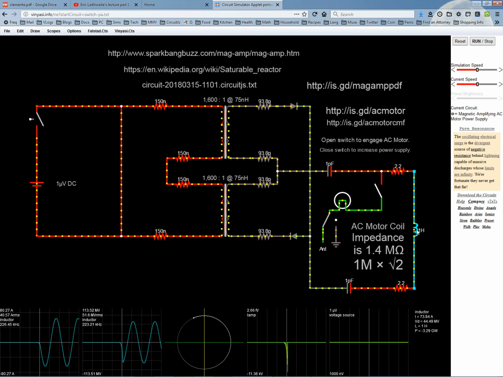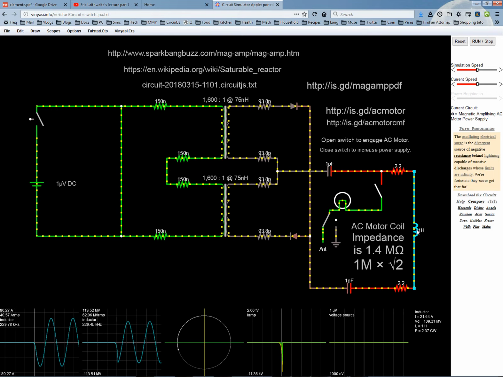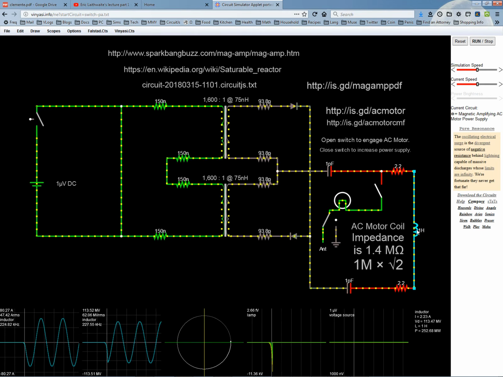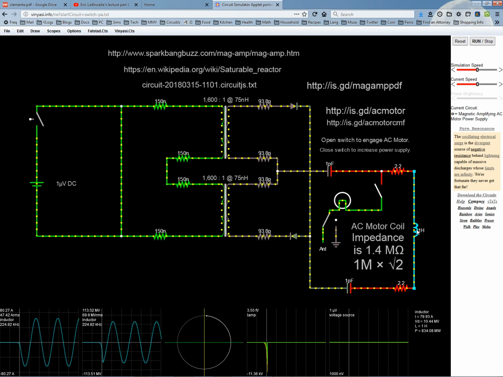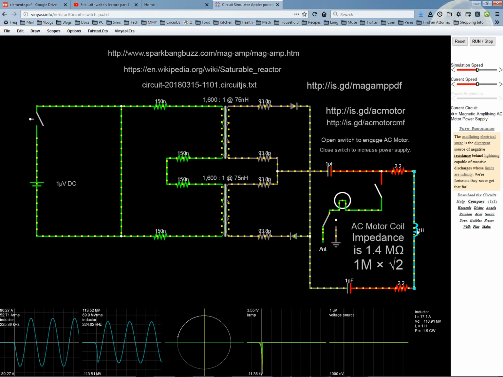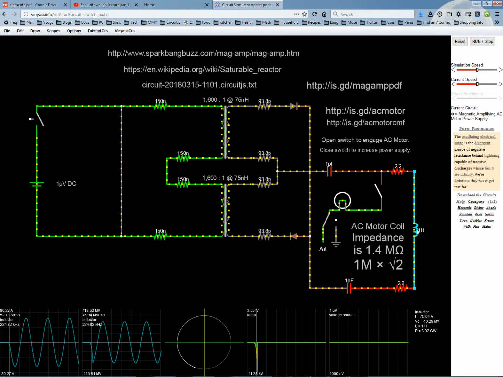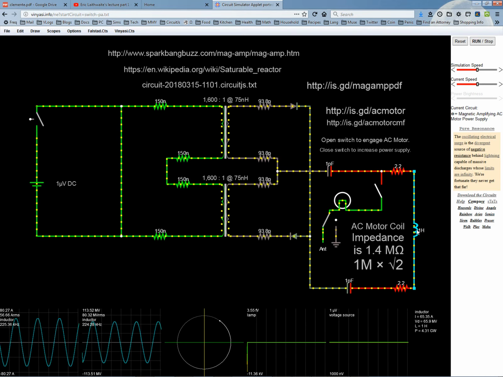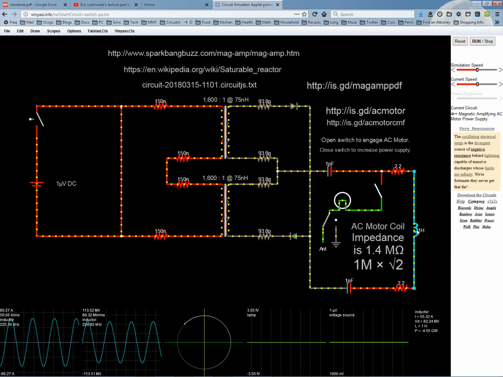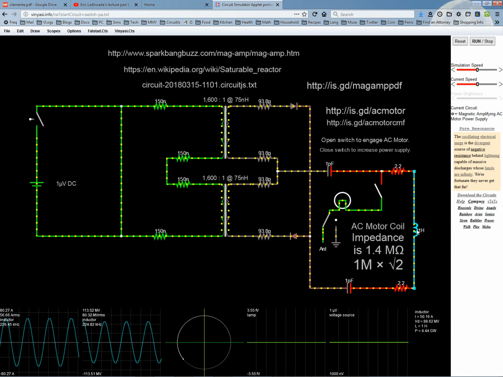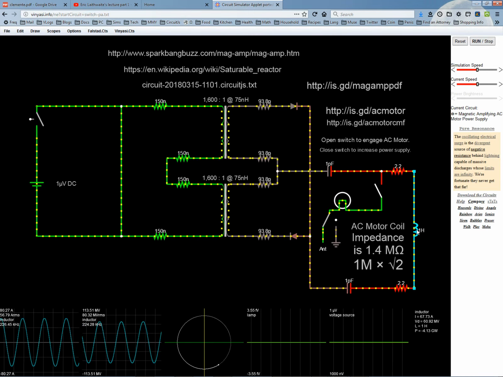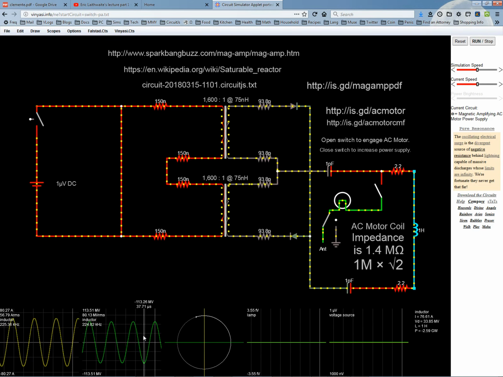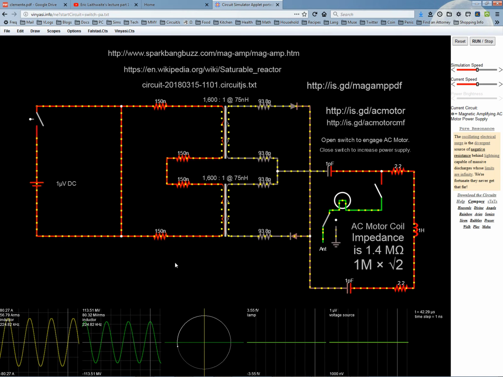Or the inductive load in your home, or the non-inductive loads for that matter. I don't know how this would behave with a non-inductive load, but we all have inductive loads. It's mixed. We have the compressor motor in our refrigerator, and then we have the AC and the heating unit in our building, a fan to convectively move air into our living space, either warm air or cool air. And then the lights are non-inductive. They're resistive loads. So we have a mixture, and so I don't worry about it. I would leave this here. But we get a nice clean sine wave,